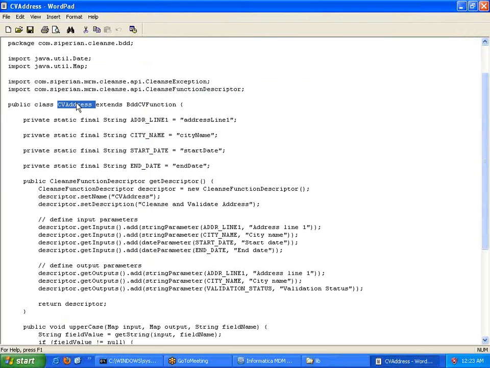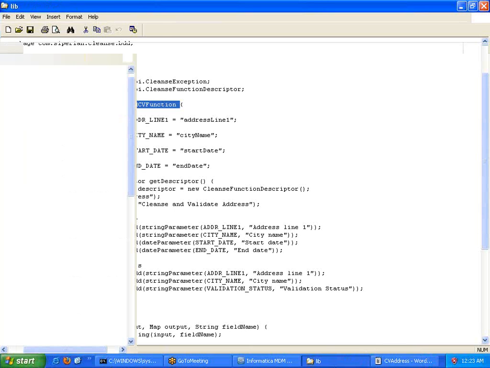In this case, the CV address class is going to extend the functionality from another class, which we call BDDCV function, where you will have common functionality.